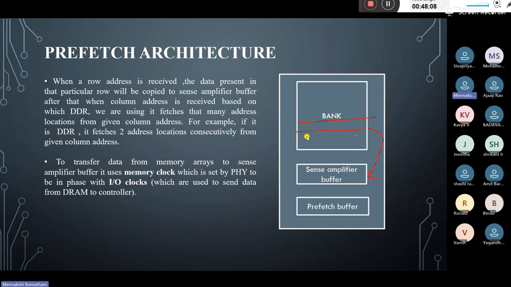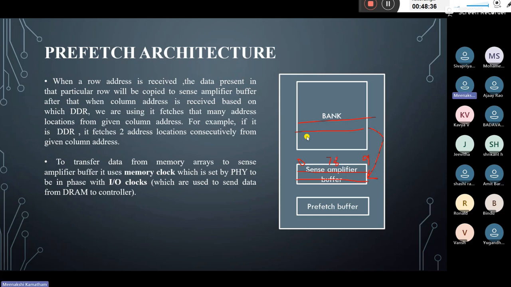Why do they take the particular total row? Here, the main prefetch architecture concept is that they design it so a particular row is taken. The column bits have 10 bits only, A0 to A9. For example, I am selecting the seventh column. So in DDR2,